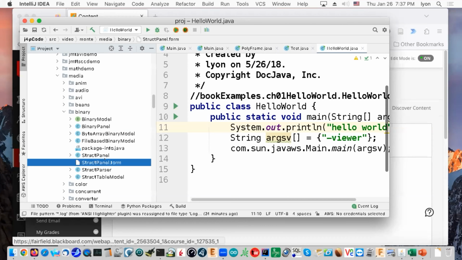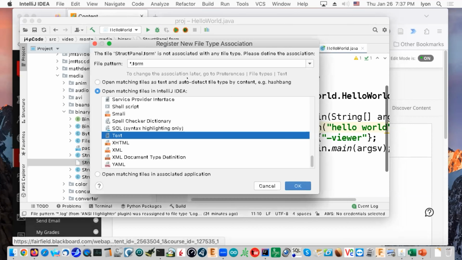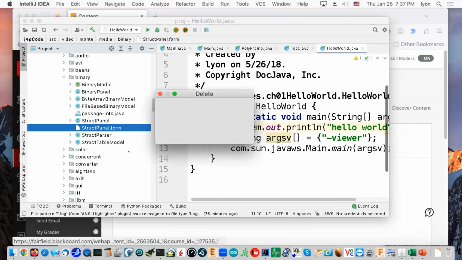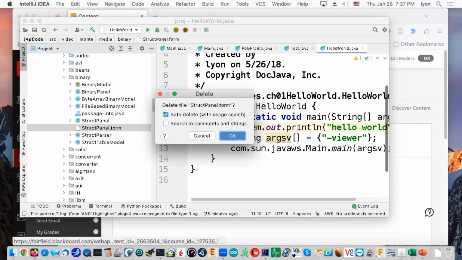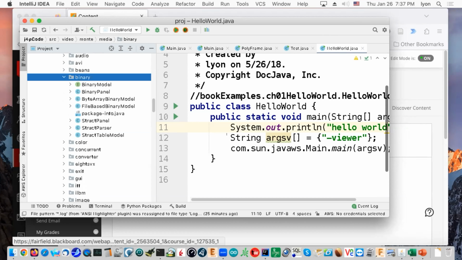If I double click on the form, what happens? He wants a new type association. You know what I'm gonna do is I'm just gonna delete it from my master. I don't want it anymore. And I won't do a safe delete. I'll just get rid of it. So you guys won't have to deal with that anymore. Yeah, I don't quite know why that was there. I think somebody was trying to use a graphic user interface to generate